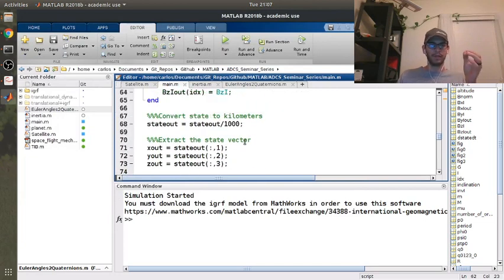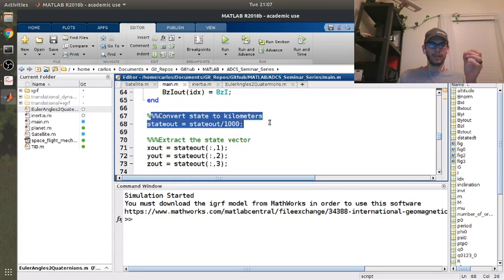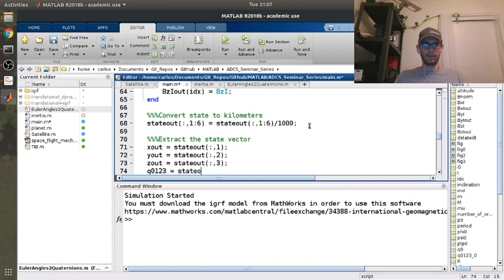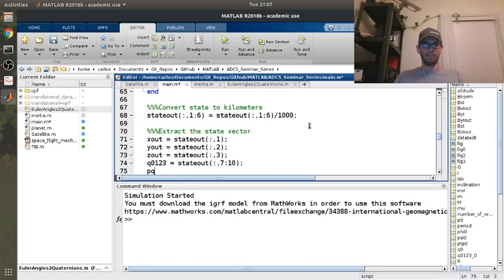So let's do that. So convert state to kilometers. So that's actually wrong because I only need to do all the rows, and I just want to do columns 1 through 6, which is the position and velocity. Okay, and then the 7 through 10 is going to be my quaternions. So let's do extract state vector. So Q0, 1, 2, 3 is going to be state out of all comma 7 through 10, and then PQR is going to be state out of all comma